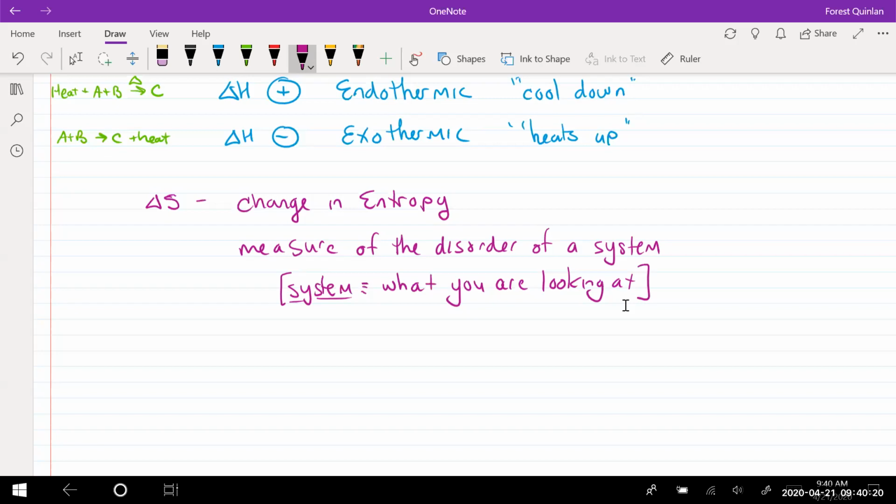So if we're looking at a solid melting, we're talking about what is happening to that thing. If we're talking about whether or not some water is freezing, that's what we're looking at. If we're looking at us versus the chemical reaction, now this is something that is interesting,